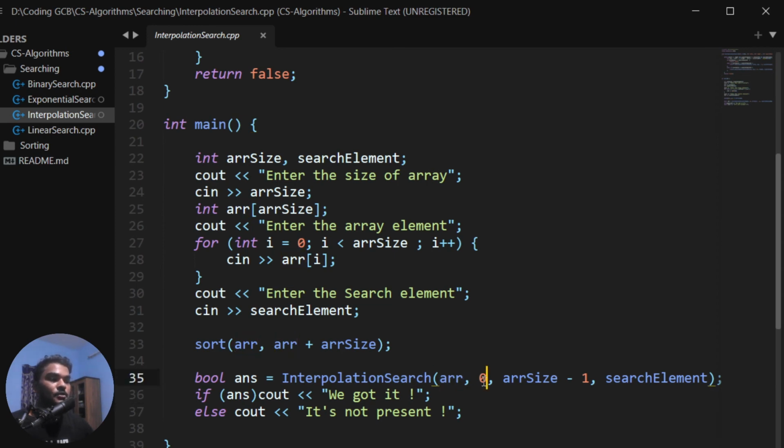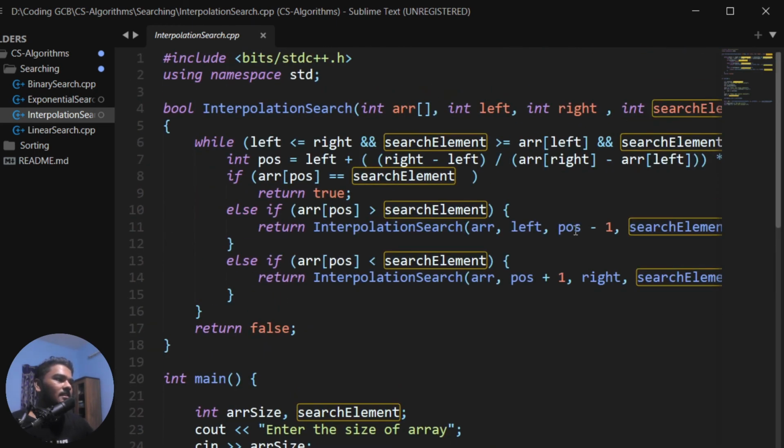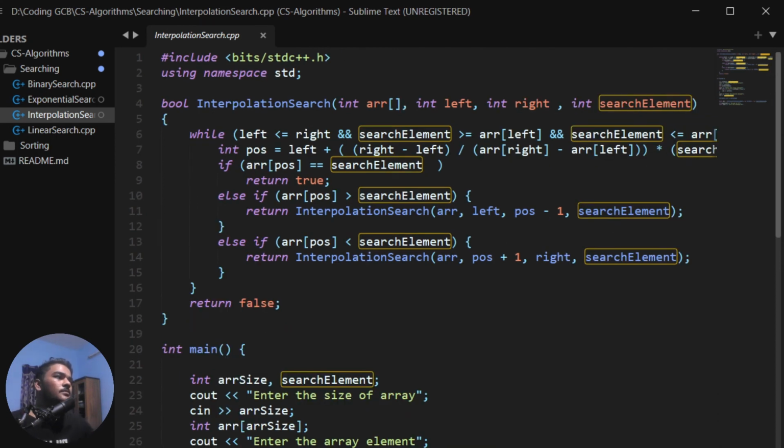The leftmost position is at the start, 0, then the rightmost position is the length of the array minus 1, because it's 0th index. Then we pass the search element, and this is what the interpolation search function looks like. If you compare it with what I told you, you'll find it's exactly that.